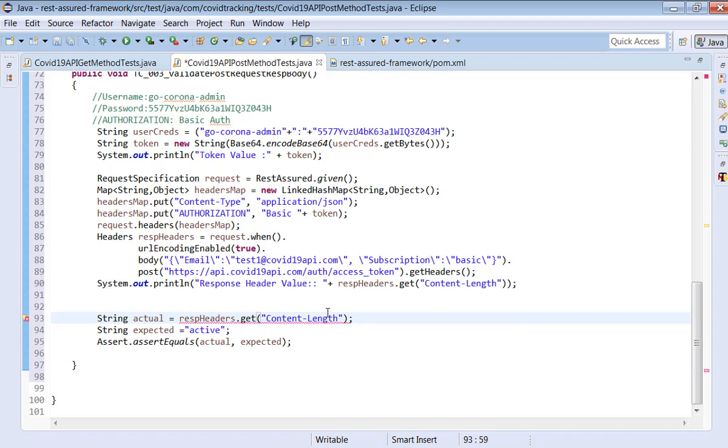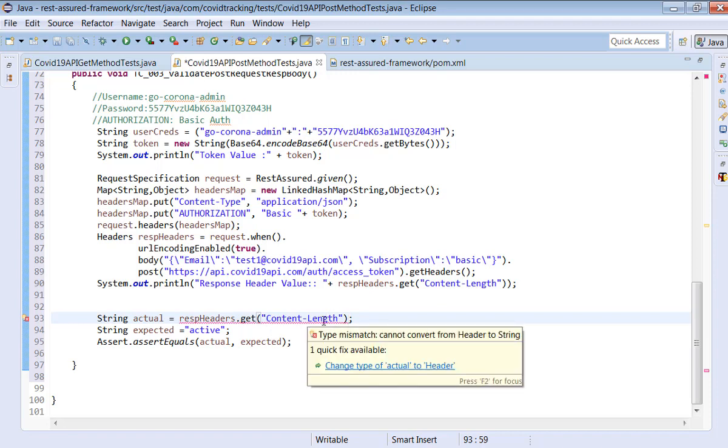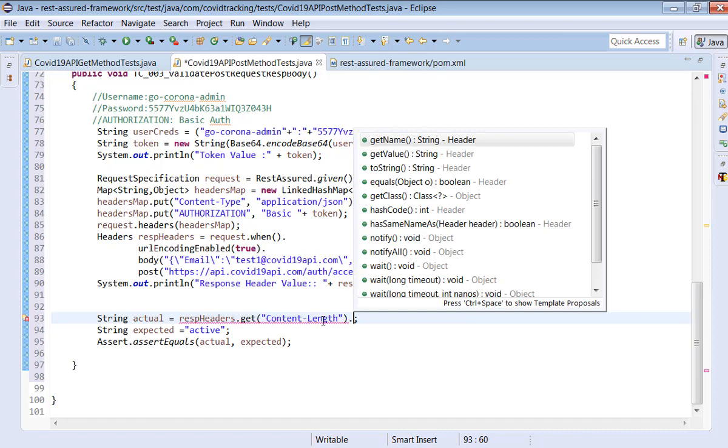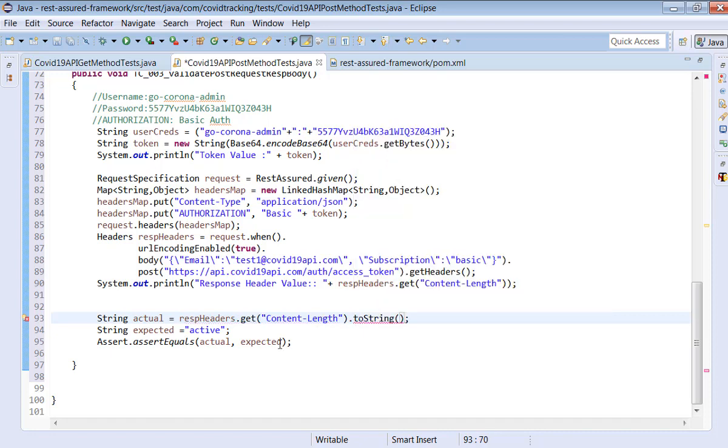And also, cannot convert from header to a string, dot to string, convert this into string. Then here we are expecting 24. Okay, let's do one thing. This is an integer, int expected is equal to 24.